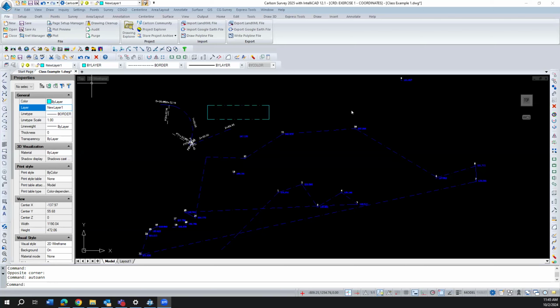Every time I looked over at yours, it's bouncing between different layers here, and mine I can't get to move between new layer one. So you were on 3D polyline layer at one point. I don't even have that. Is that something you created? Yes, I created the layer. So let me show you where this happened. Right click and I'll let you. Hold on,